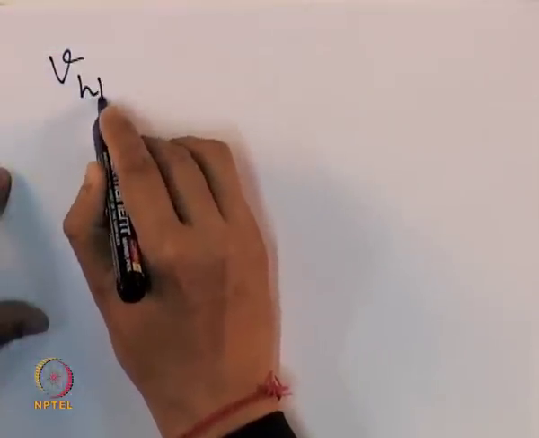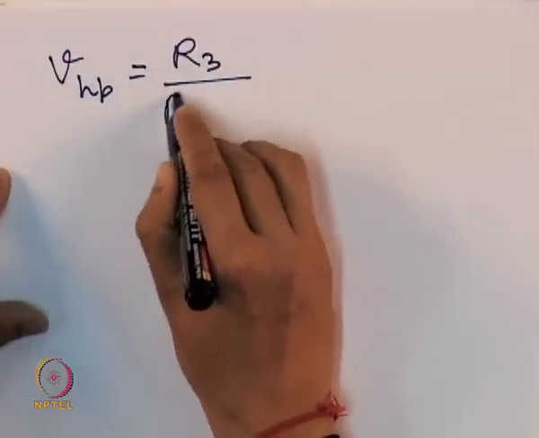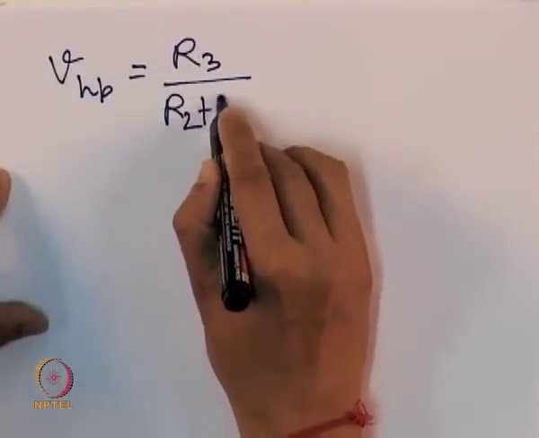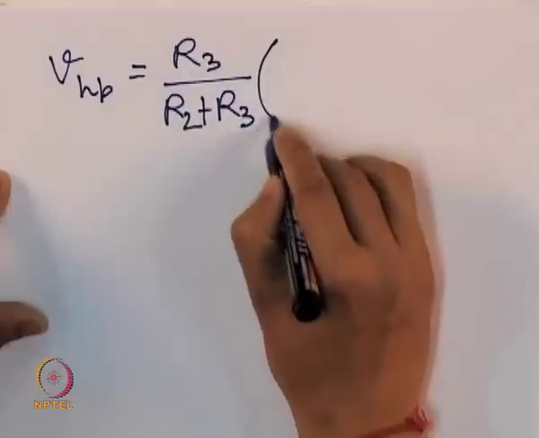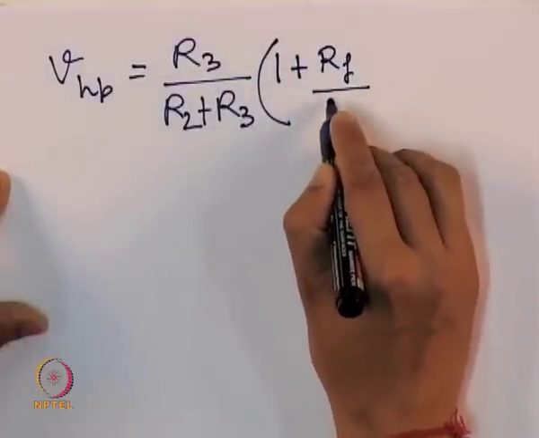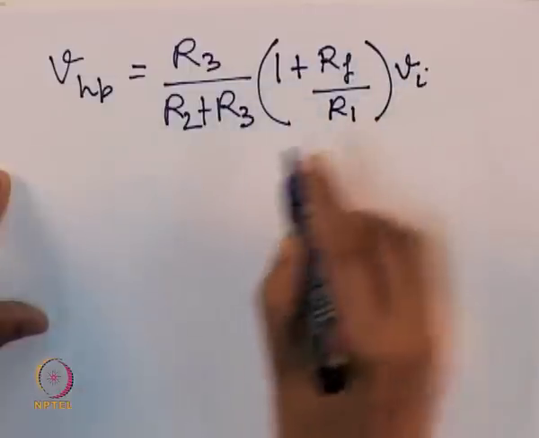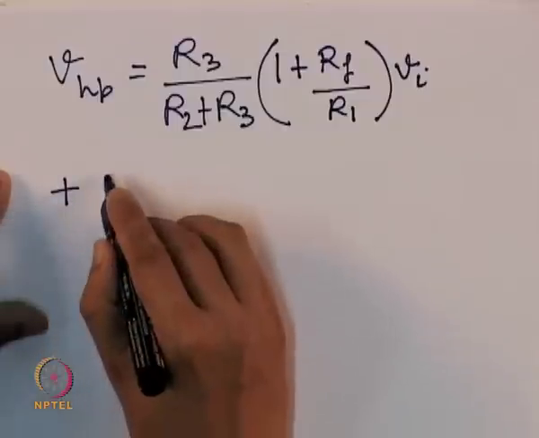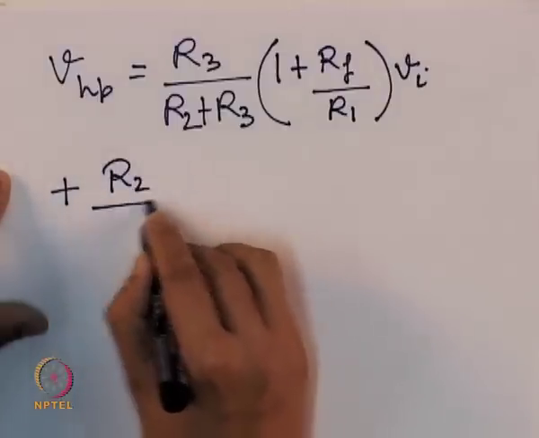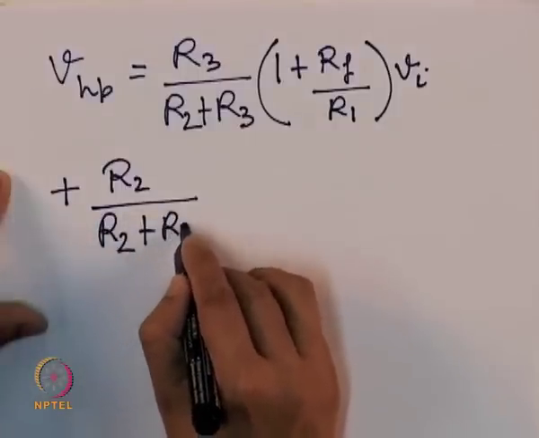V high pass will be equal to R3 upon R2 plus R3, times 1 plus RF upon R1, times Vi, plus R2 upon R2 plus R3